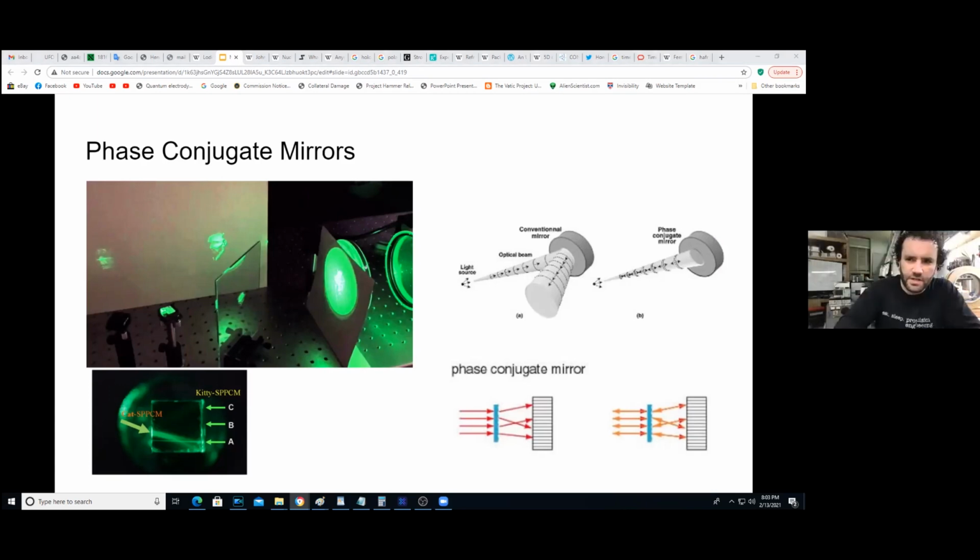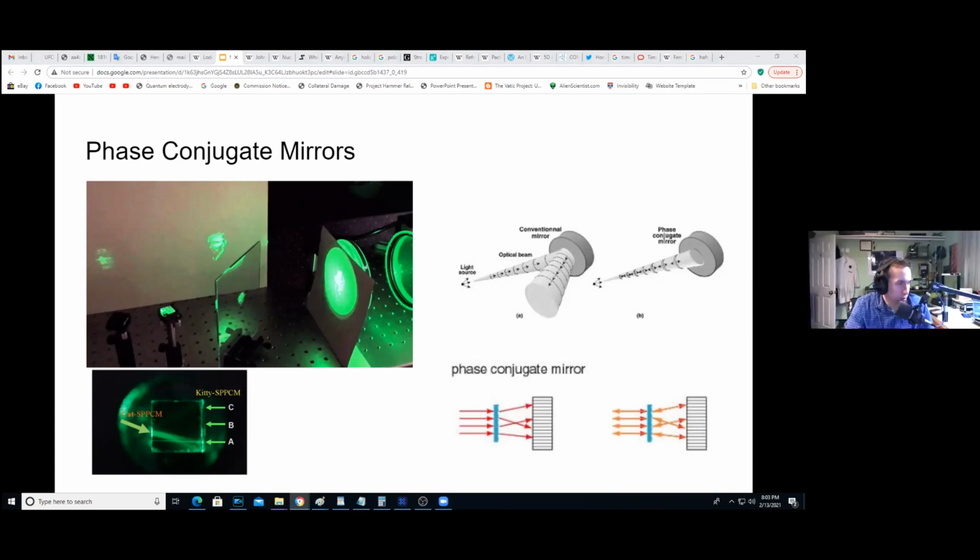Isn't the phase conjugate mirrors what Apollo left on the moon for detecting the distance to the moon? That was a little different. That was a special kind of mirror array, and I'm not sure if it was a phase conjugate mirror. I'll have to look into that, Mark. I'm not exactly sure. It might be. You might be right. I'll have to look into that.